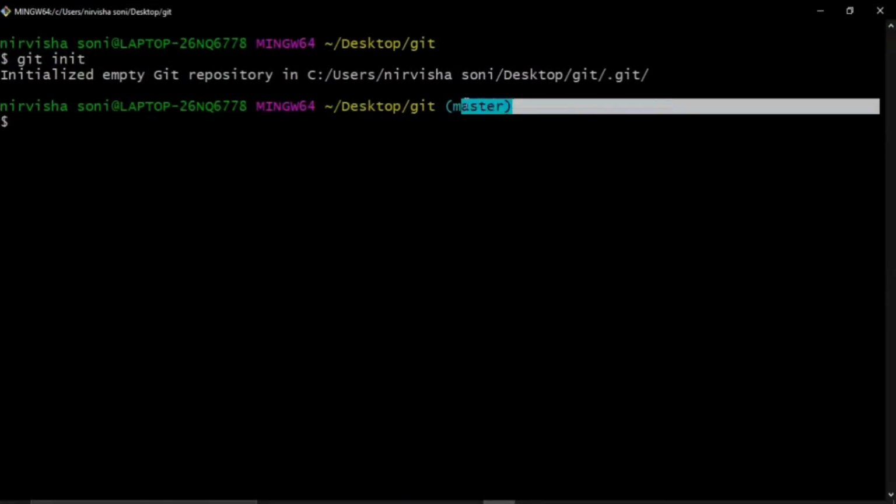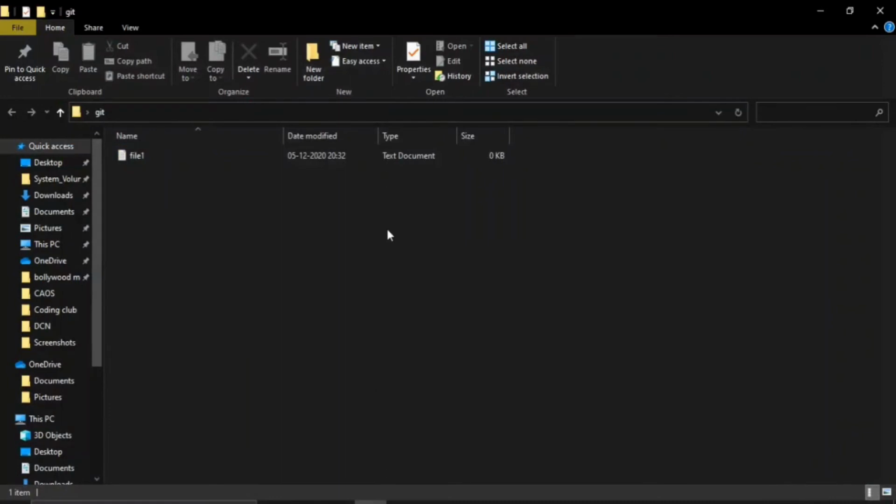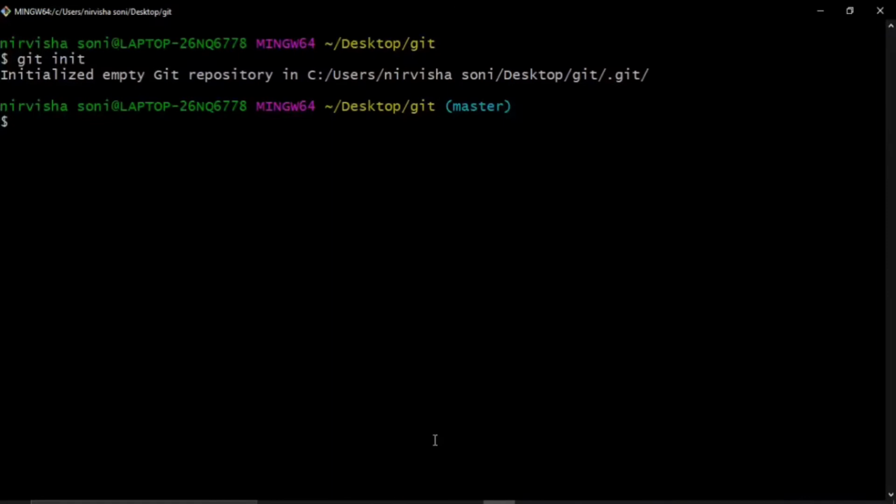As you can see this master written over here, this signifies that you are currently working on your master branch. So my master branch has this file named file1, but this file is currently not tracked by Git. So I have to add this file first, and for that we have a command called git add and then the file name.